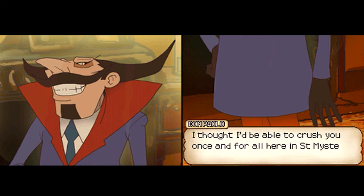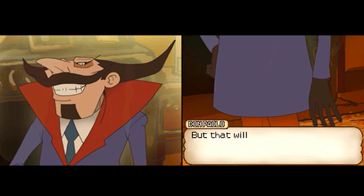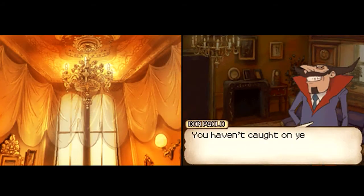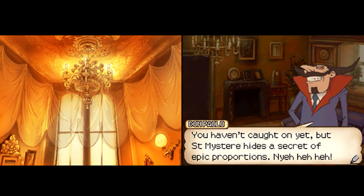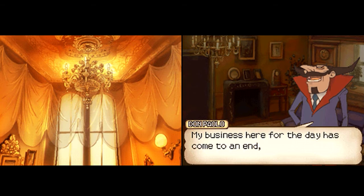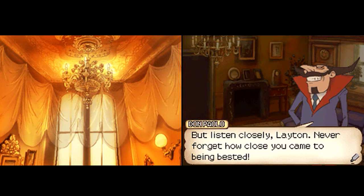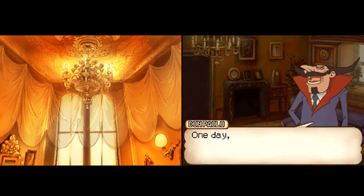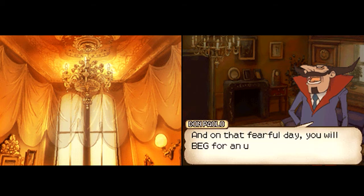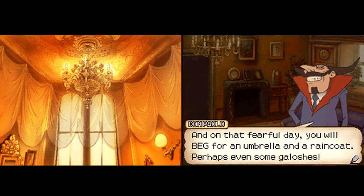So, there we have it. The mask is off. This is Don Paolo. This is the guy who's been stalking us around the town. He's the guy who was leaving his room in the inn in a really bad way, which is arguably the main bad thing he's done, but I kid. But he's got the kind of design that, had he not been in disguise, we would have clocked onto this right away. He's basically got the whole Dr. Wily design down pat,